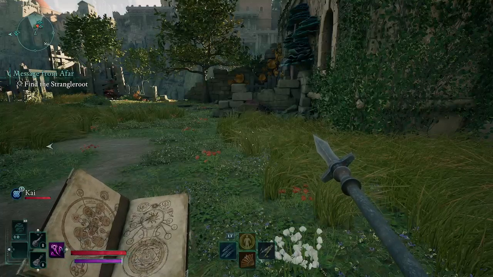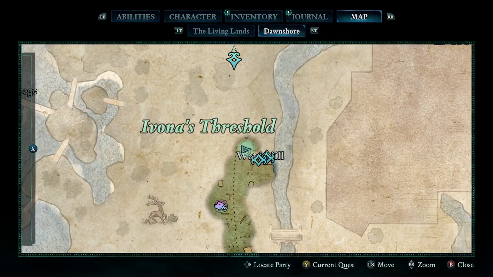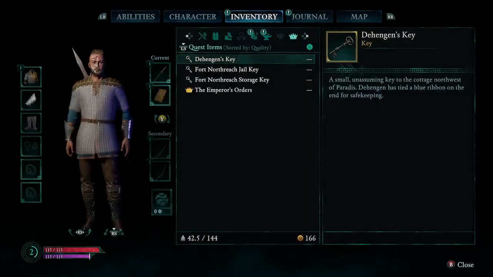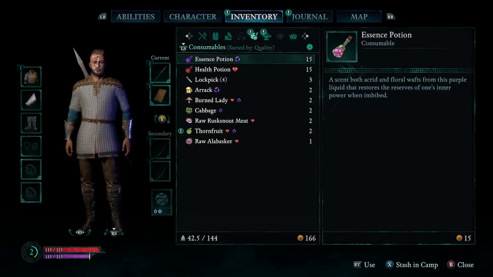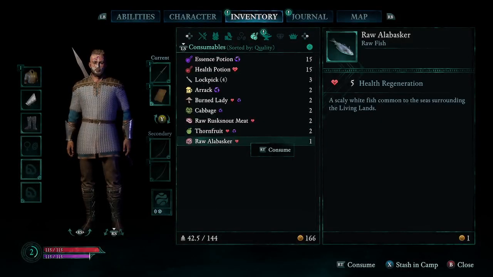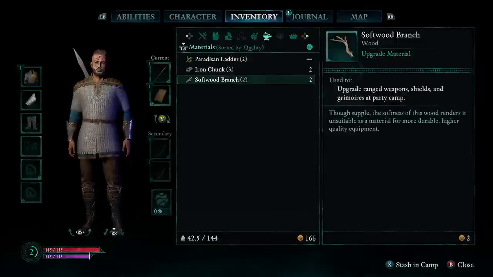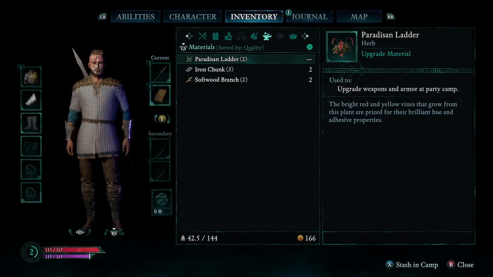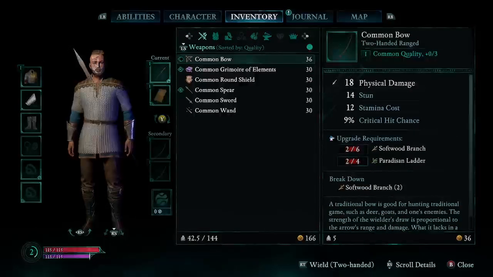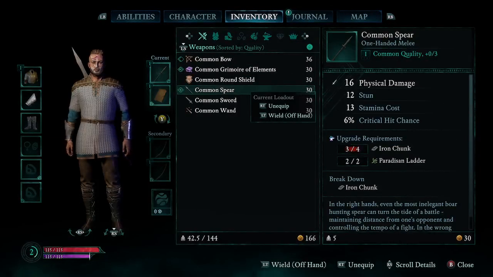Let's put my shield back on, I think. I'm kind of liking that. Oh, what else we got now? Okay, this is where the paradisant ladder is. Thorn fruit, okay. Here, paradisant ladder, iron chunk. I still don't have enough stuff to do anything, really. Because what does my weapon need? To upgrade my weapon, let's say this spear needs...